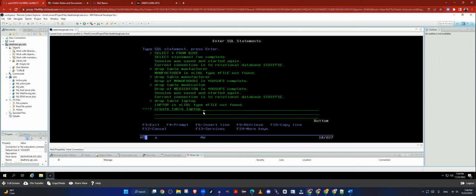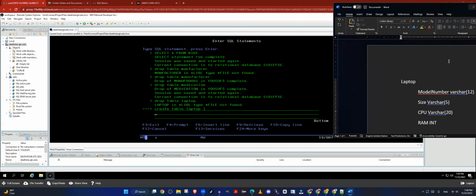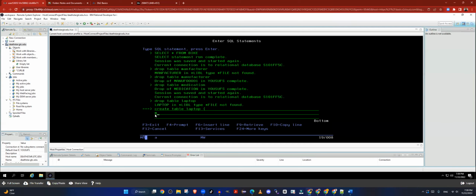Now I start my parentheses. I can go to the next line. I don't have to write everything on the same line. I just don't hit enter. Just use the arrow keys to go to the next line. Okay. What is the name of my field? Model number. Okay. No spaces in the field names. So I got here model number, varchar 12, comma,